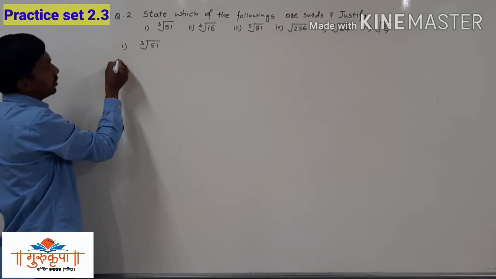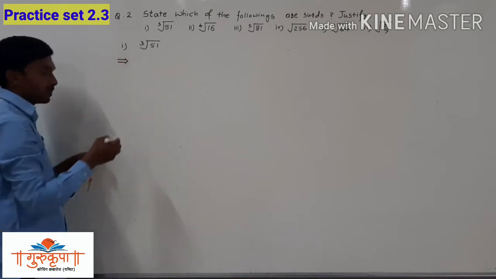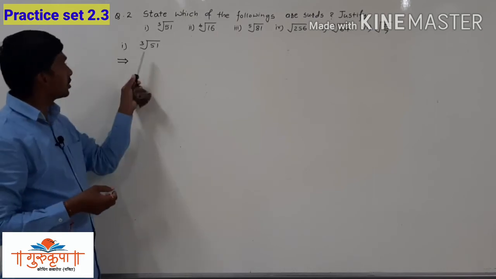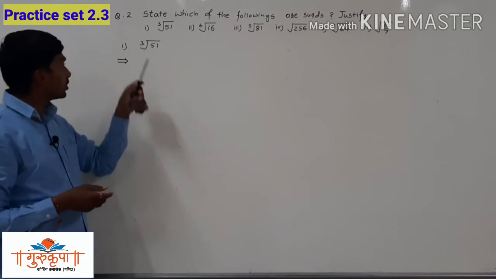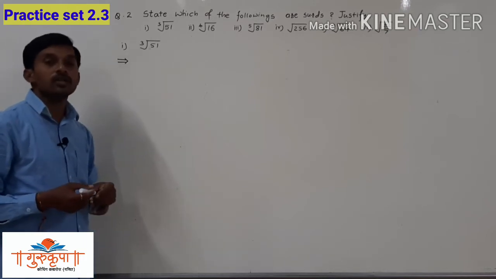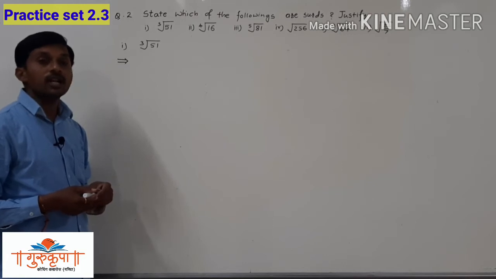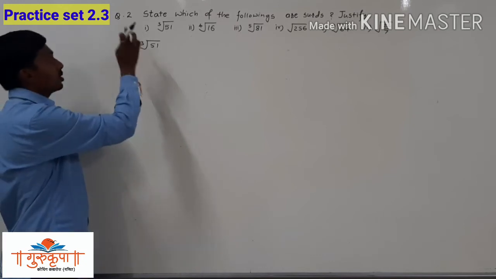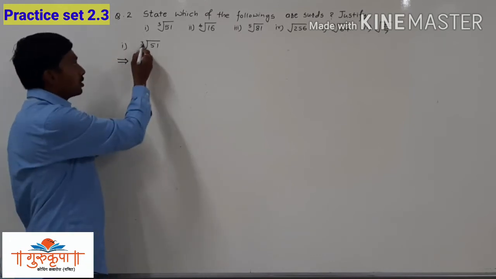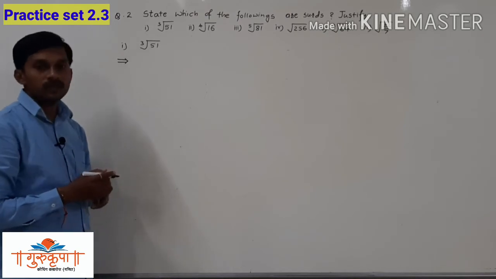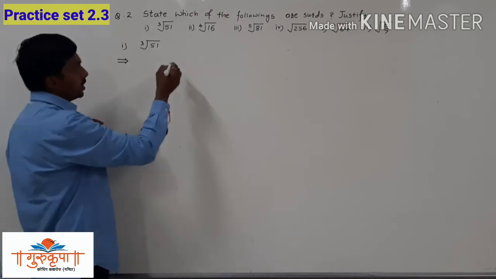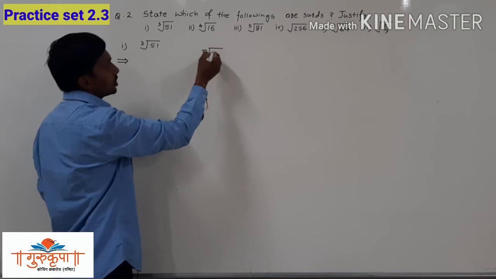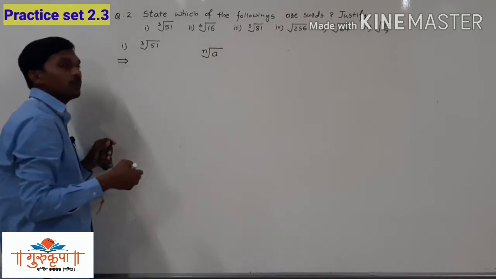Now, we have to determine whether it is a surd or not, and explain, if it is a surd, why it is a surd, and if it is not a surd, why it is not. Here three things are very important. The first thing, that is the order of the surd, that is n. We already reminded this part in the first question also, so we will remind that part again here.